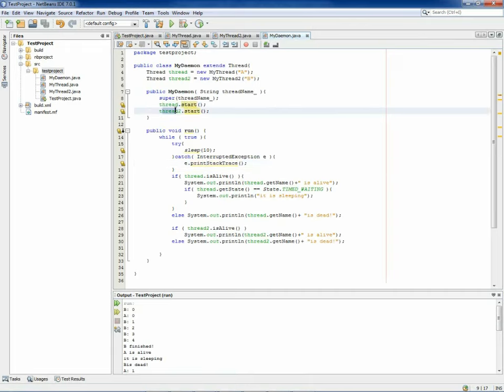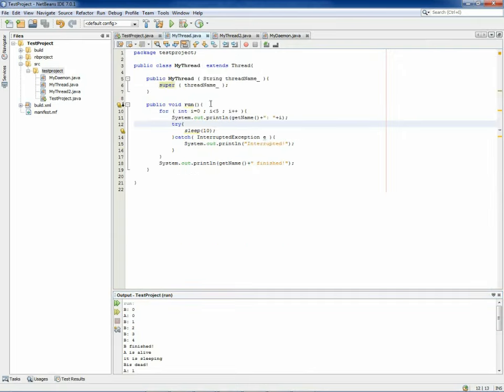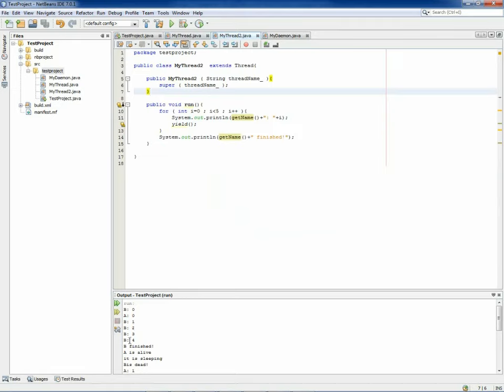The first is the A, the second is the B. We started the B because the A was sleeping, and then we got one A here. Then we continue on with the B because the A is sleeping, and while the A is sleeping here, it can do all the B's, so the B can run while the A is sleeping